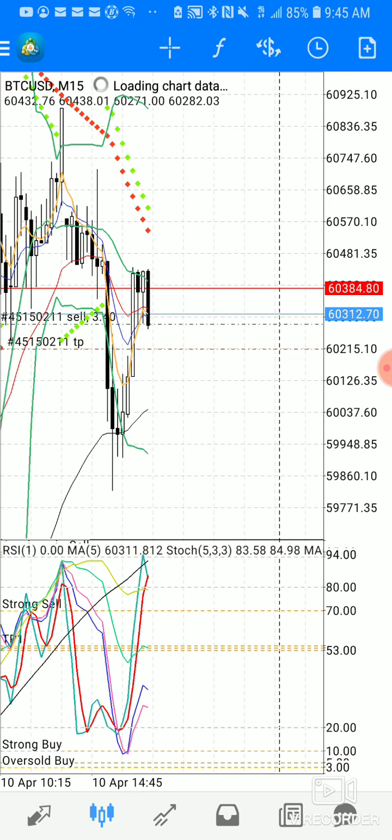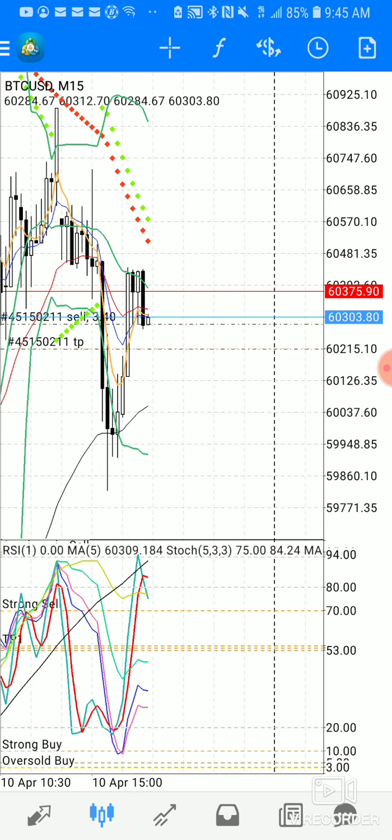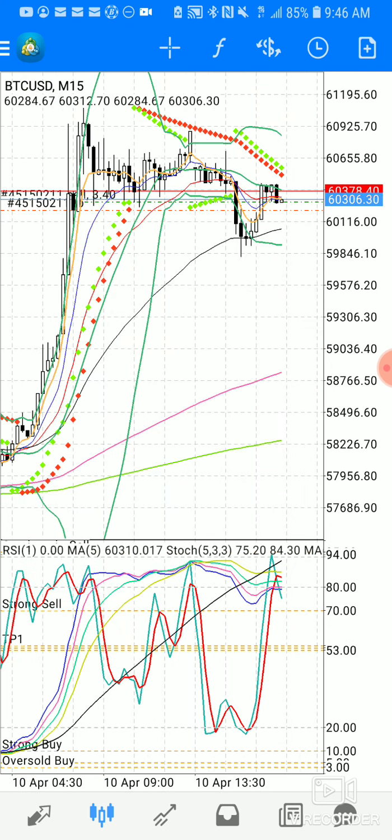Look at this 15 minute chart. What do you see here? Look at the stochastic at the bottom window down there, how it has crossed over at the 80 level, getting ready to head down. Look at my moving averages down there, still beneath that 53 level. Look at my price sitting up underneath that center Bollinger Band. It may go up and down in between it, but that's going to come right back down a little bit further, probably to my take profit.